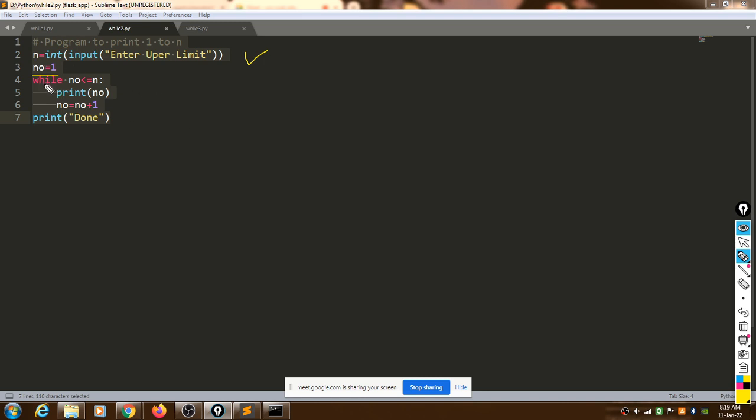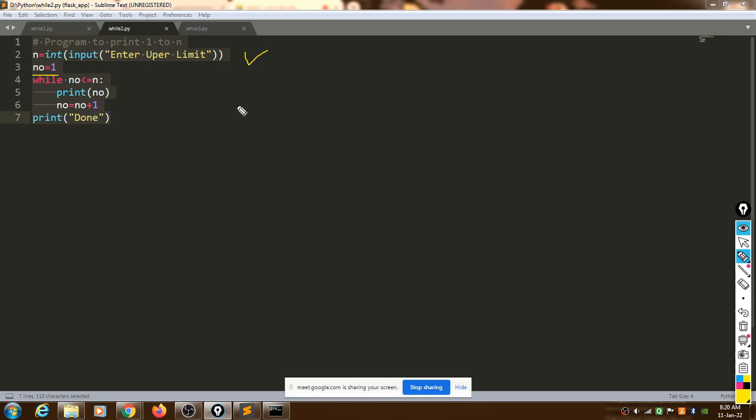So what is the while statement for this one? While no less than or equal to n, because we are going to print values from 1 to the upper limit. The upper limit is n, the lower limit is no. And the same statements we are using here: print no, no is equal to no plus 1.